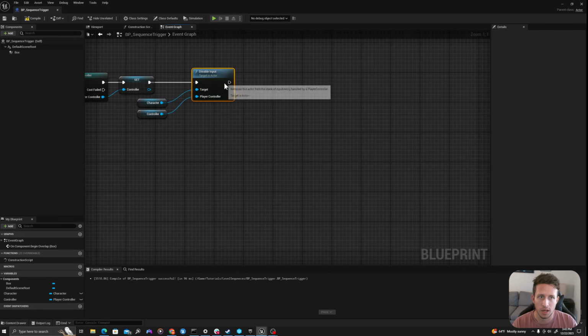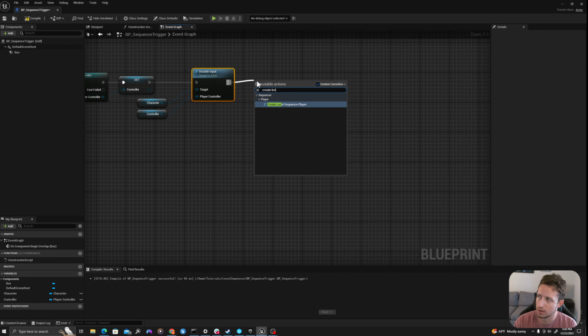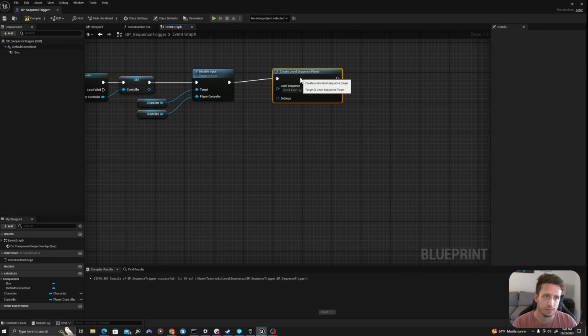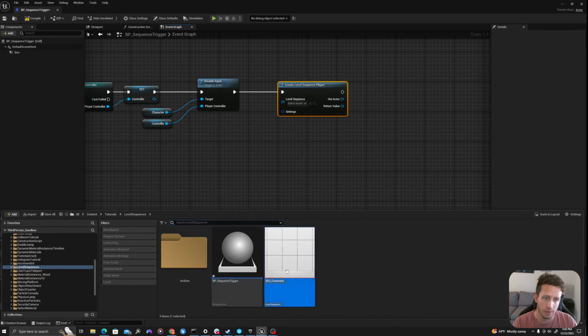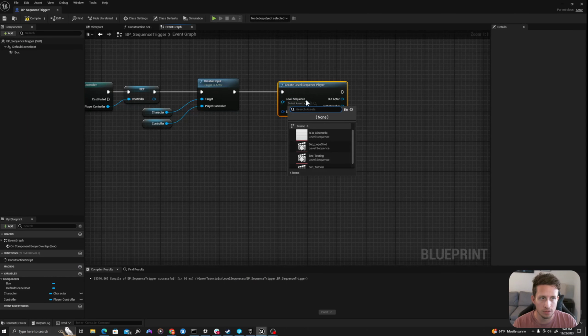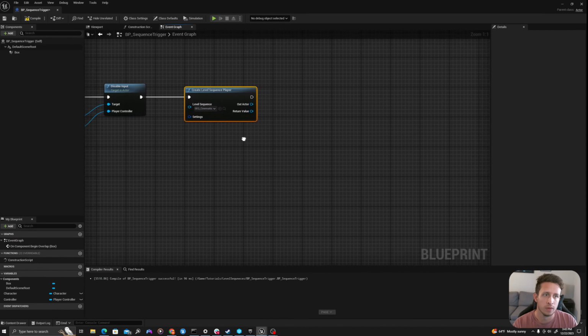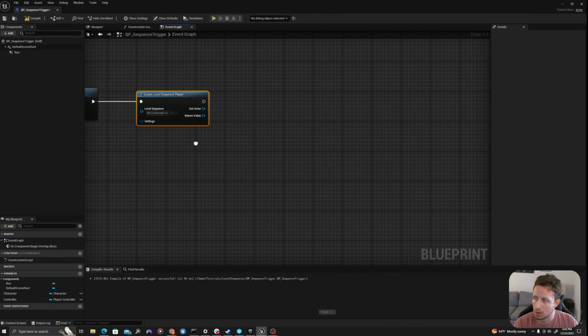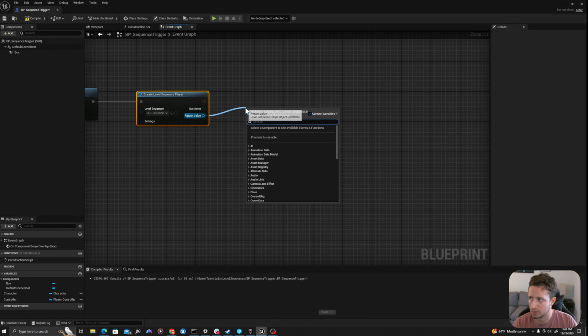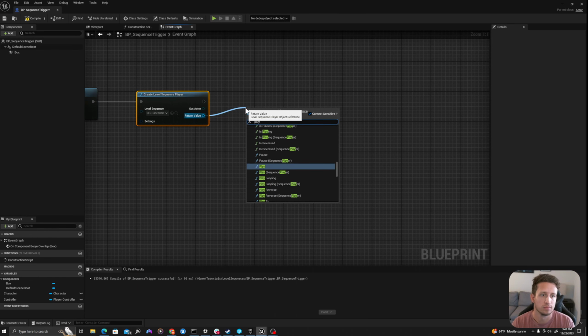And I'm then going to say off this, create level sequence player. And I'm going to find my level sequence I've created, which is called SEQ Cinematic. I can either drop down in here or select it in my content drawer and use the arrow to select it. And then I will pull off of my return value and I will say play.